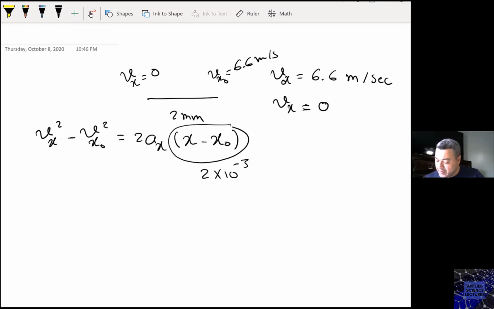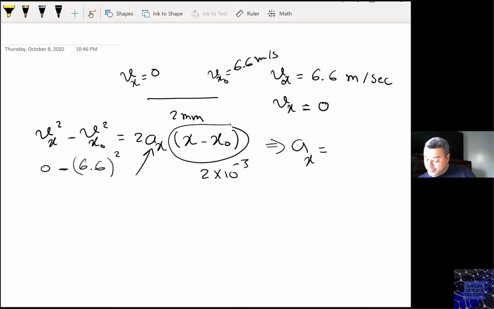We need to calculate the acceleration, knowing that this is 0 minus 6.6 squared. So in this case, we have ax equals 6.6 squared, and it's 43.56